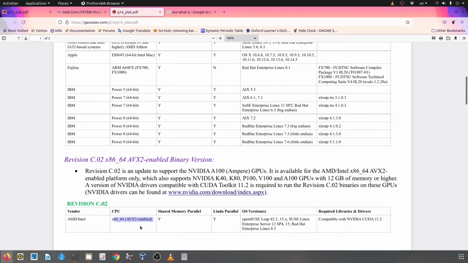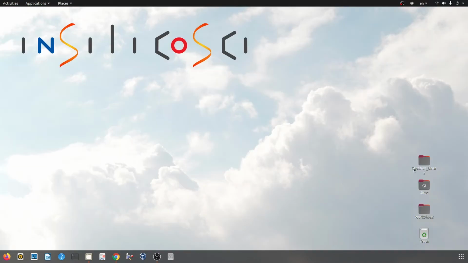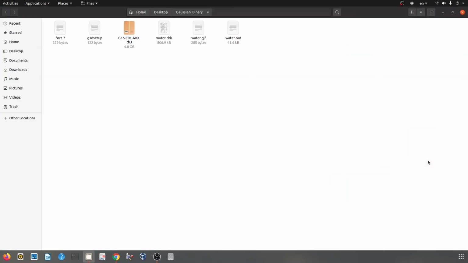I mean, this is a more efficient and faster binary file for my computer. But if you have an old CPU which doesn't have the AVX2 instruction, you can't use this binary file. And if you install this version, it gives you an error when you run the program. Okay, I start with a suitable binary file, which is it.